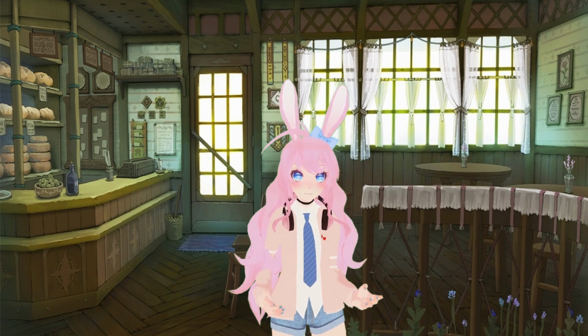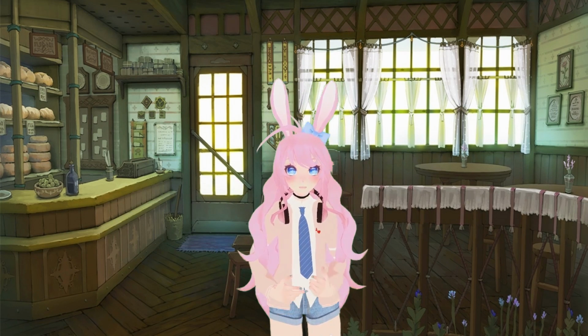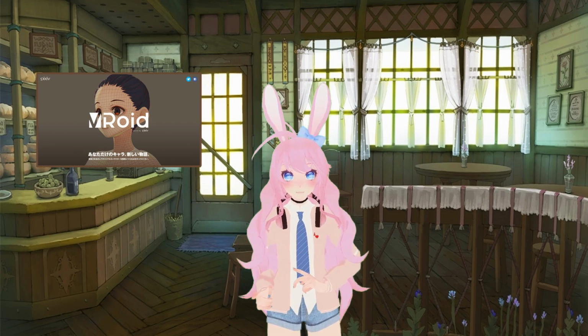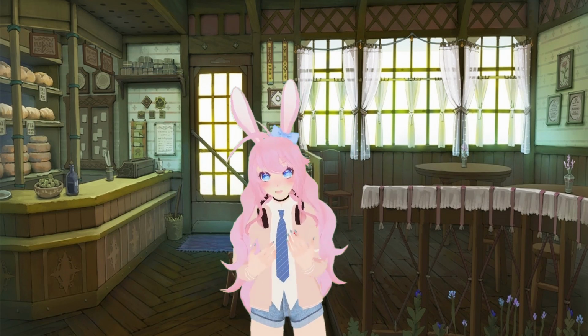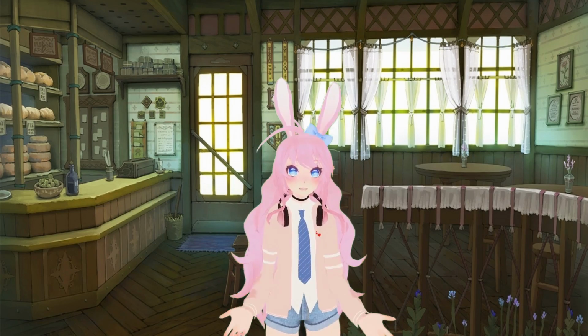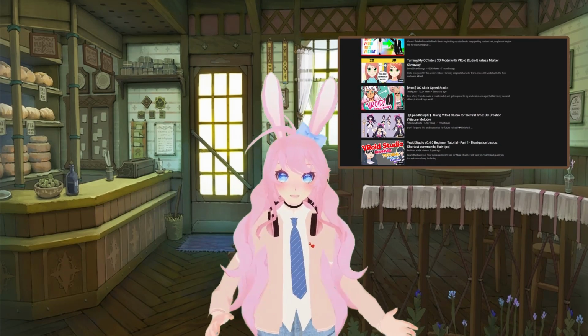So, first things first, if you are starting from complete scratch and you don't already have a model, I would suggest looking into a program called Vroid, which is basically a 3D model maker that lets you export the model to the VRM file type. Now, I don't personally have experience with this program, but I do have some friends that use it and they seem to be having a lot of fun with it. There's also plenty of tutorials on how to get started with Vroid all over YouTube if you need some extra